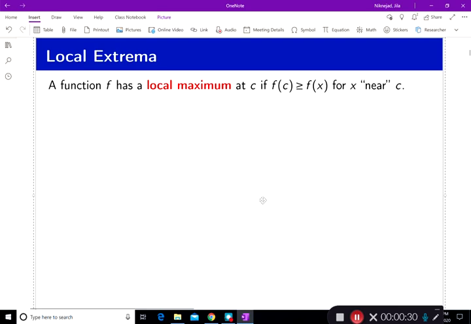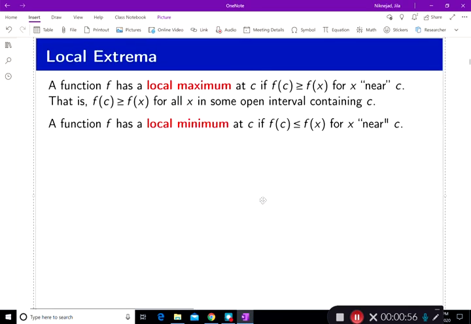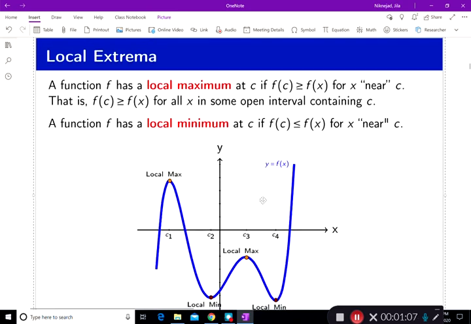So local extrema. A function f has a local maximum at c if f at c is bigger than or equal to f at x for all x near c. And this is the definition we use. That is, f of c is bigger than or equal to f of x for all x in some open interval containing c. And a function f has a local minimum at c if f of c is less than or equal to f of x for all x near c. And so the picture speaks